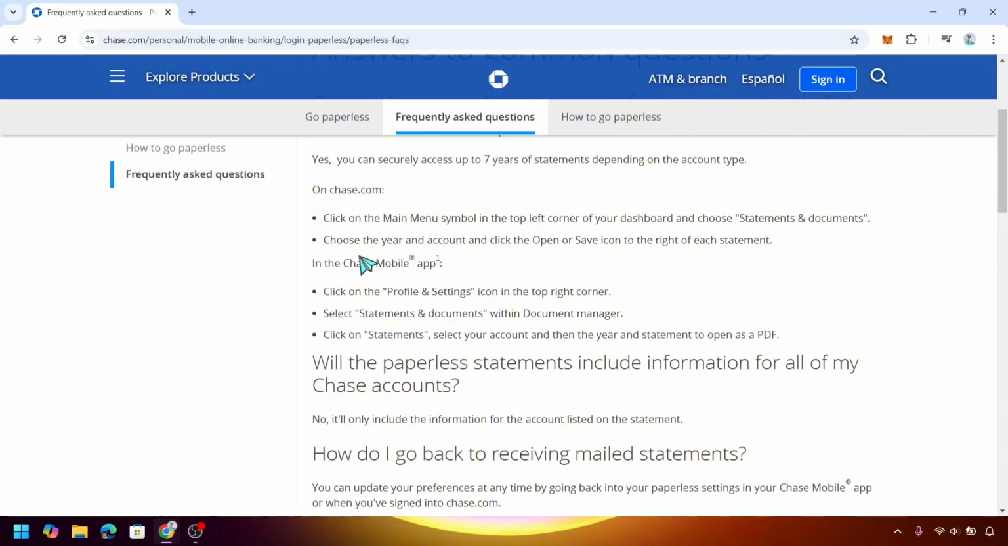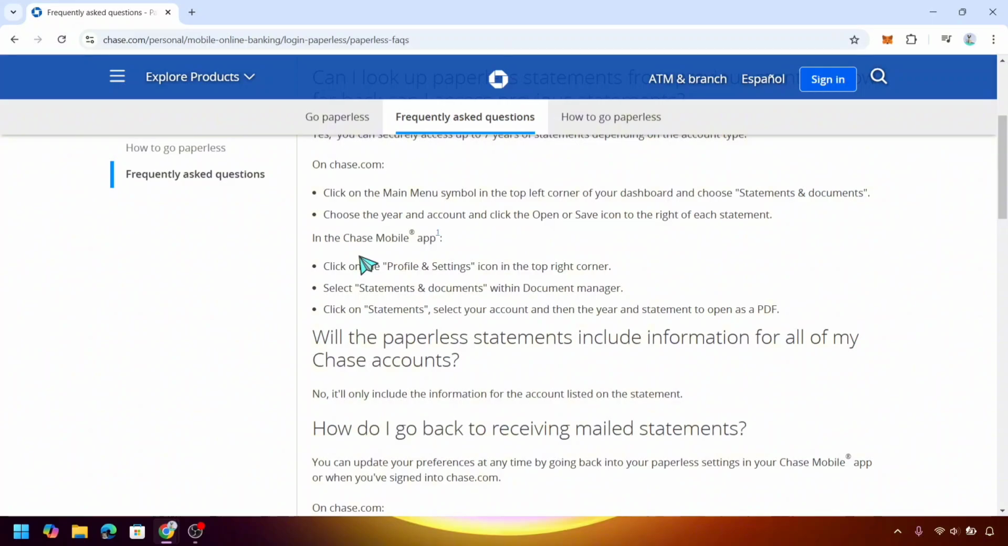download the generated file. Meanwhile, for the mobile application, you just need to click on the profile and settings icon in the top right corner, then select the statements and documents within Document Manager and click on Statements. Then select your account and then the year and statement to open as a PDF file after downloading the PDF